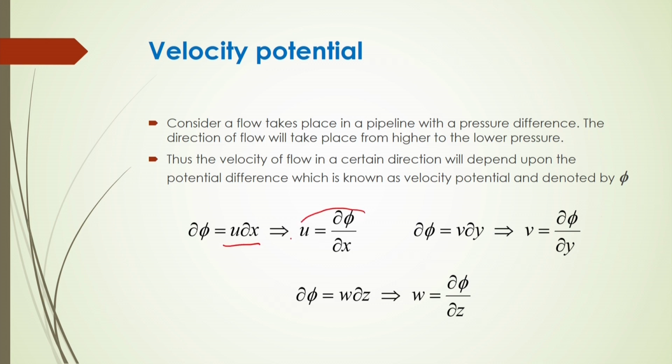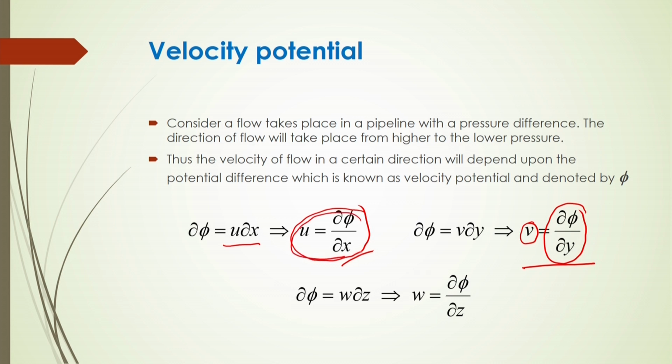So, from which you can say that u will be ∂φ/∂x. Similarly, in the y direction v will be represented by ∂φ/∂y. So, φ is the velocity potential and v is the velocity, and how will they be related? How the velocity in a particular direction is related to the velocity potential, you can easily express